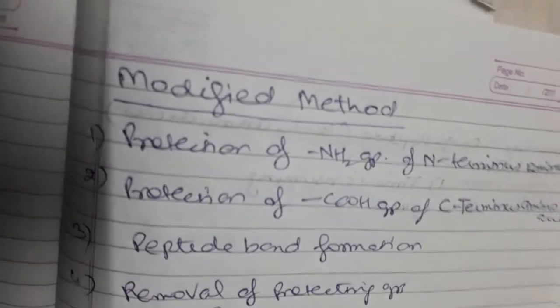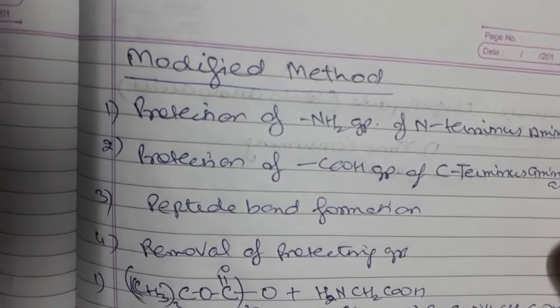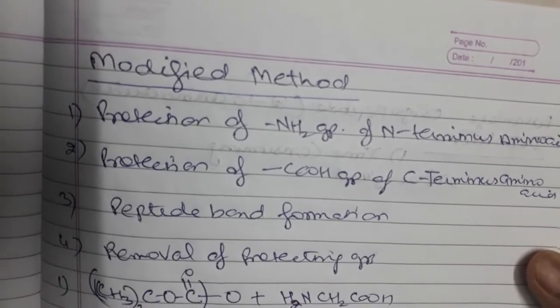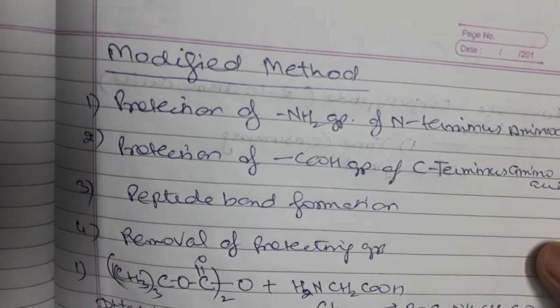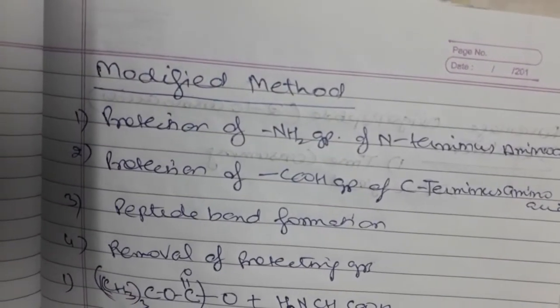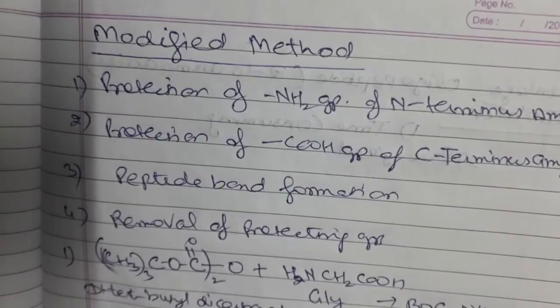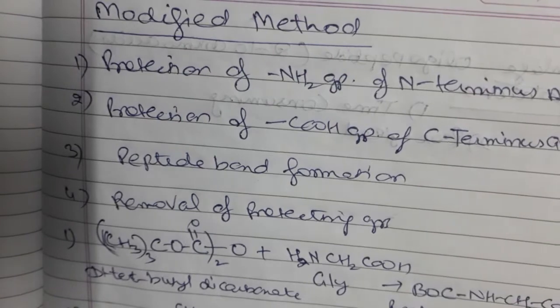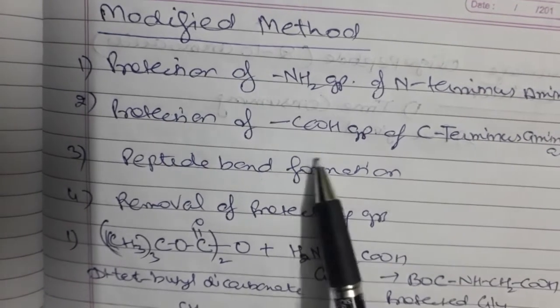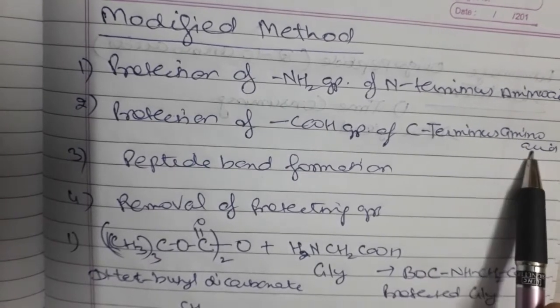ਹਾਂਜੀ, ਉਸ ਤੋਂ ਬਾਅਦ ਕਿਉਂਕਿ ਇਸ ਮੈਥਡ ਦੇ ਡਰਾਬੈਕ ਸੀ ਕਲਾਸੀਕਲ ਪੈਪਟਾਈਡ ਸਿੰਥੇਸਿਸ ਦੇ, ਸੋ ਦ ਮੈਥਡ ਵਾਸ ਮੋਡੀਫਾਈਡ। ਜੋ ਮੋਡੀਫਾਈਡ ਮੈਥਡ ਹੈ ਉਸ ਦੇ ਵਿੱਚ ਮੇਨਲੀ ਅਗੇਨ 4 ਸਟੈਪਸ ਇਨਵੋਲਵ ਹੁੰਦੇ ਹੈ। ਫਸਟ ਸਟੈਪ ਇਜ਼ ਦ ਸੇਮ, ਦੈਟ ਇਜ਼ ਪ੍ਰੋਟੈਕਸ਼ਨ ਆਫ ਅਮਾਈਨੋ ਗਰੁੱਪ ਆਫ ਦ ਐਨ ਟਰਮੀਨਸ ਅਮਾਈਨੋ ਐਸਿਡ। और इस जो डिफरेंट एक स्टेप है, दैट इज़ द प्रोटेक्शन ऑफ कार्बोक्सिलिक एसिड ग्रुप ऑफ द सी टर्मिनस अमाइनो एसिड.